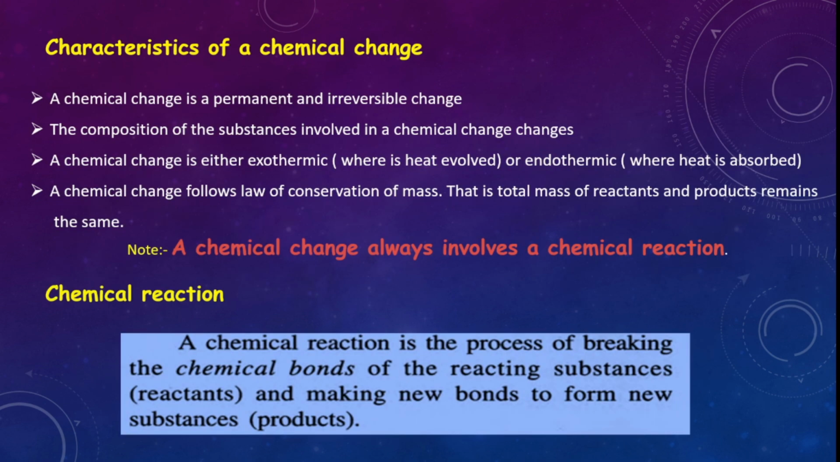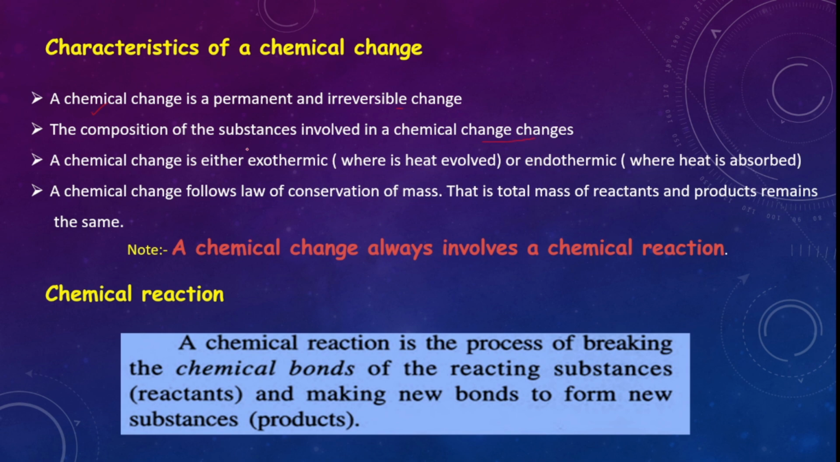Now, what are the characteristics of a chemical change? From the exam point of view, it is important for the theory part. The points we have already discussed. First one, a chemical change is permanent and irreversible. We cannot go back to its original form. That is the first point. The composition of the substance involved in a chemical change changes. We have seen that wood changes to ash. Its chemical composition is entirely different, isn't it? It changes. A chemical change is either exothermic